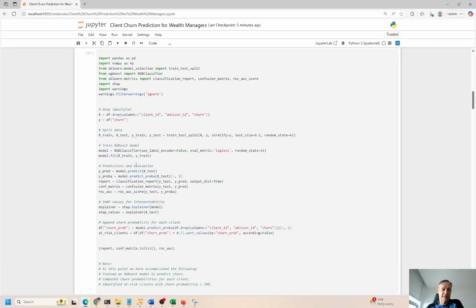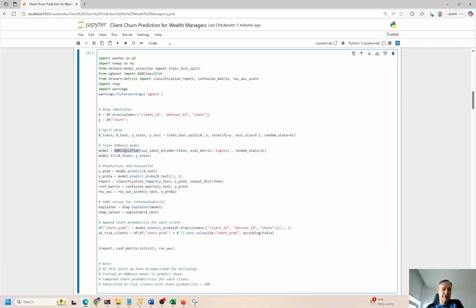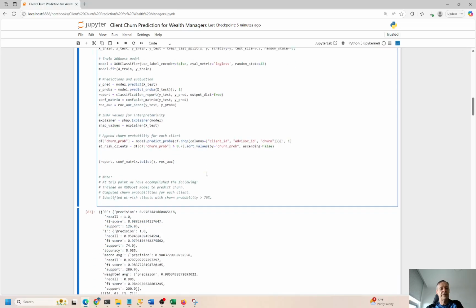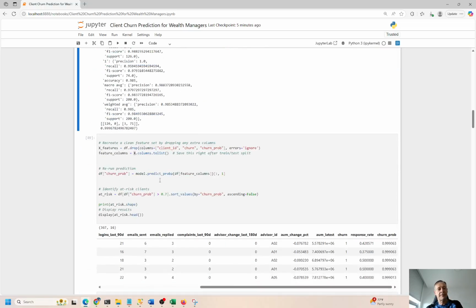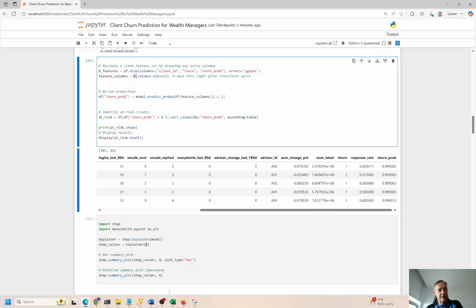So if we take a step back just quick, we have the classifier over here. This sets up the model. Here's the training for the X variables. Again, all the independent variables, the Y are the dependent variables. Here's the Y right here. Here's the X right here. So hopefully that makes sense. Taking the model, training, testing it, using the X variable right here to make predictions. And based on that model that's been trained and tested, we can calculate the churn probability.